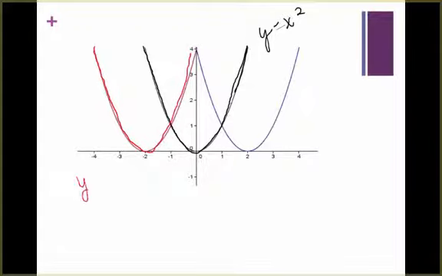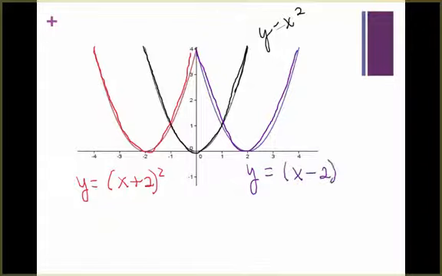The equation in that case would be x plus 2 squared. And in our purple graph, we've translated to the right, and our equation for that would be